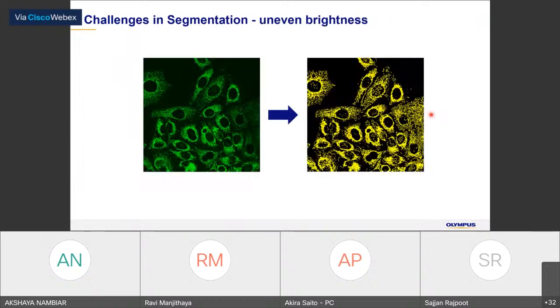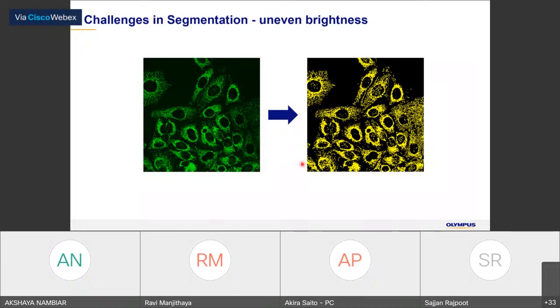for biologists. We can easily understand that this area has individual mitochondria, and also in the very bright area we can identify the single mitochondria very easily.